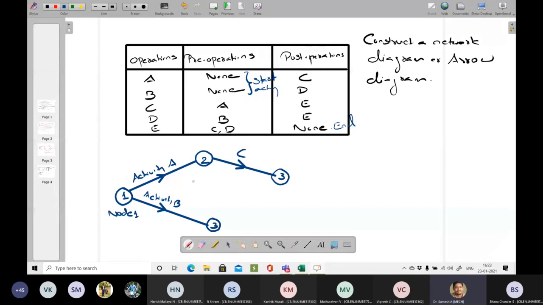After completion of A, I will start C, or if I want to start C, I need to finish activity A.